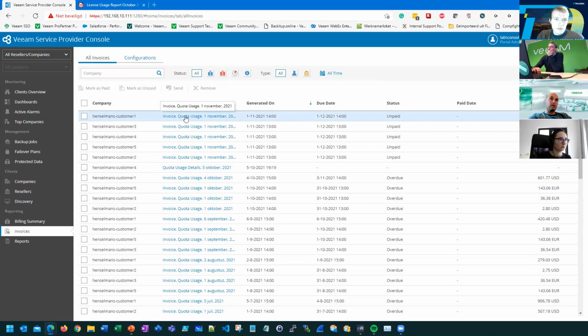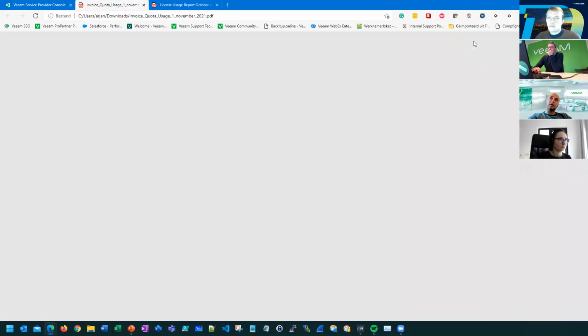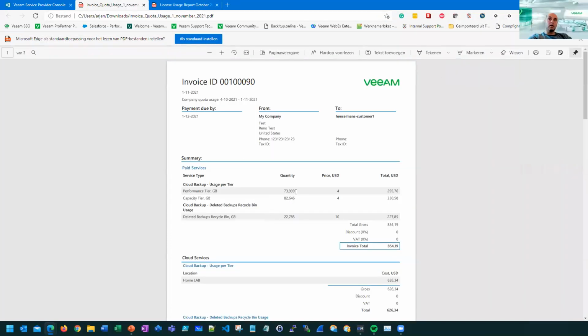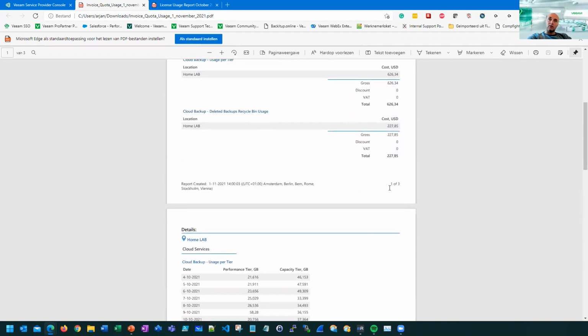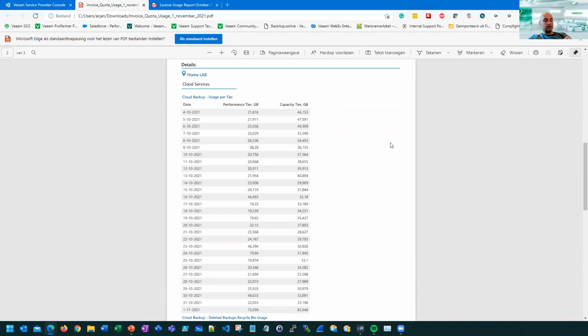So customer 1 has an invoice based on a different billing report, and as you can see, we have some data in the performance tier, we have some data in the capacity tier. It's priced in this case in US dollars, and you get a total bill. Of course, I can imagine